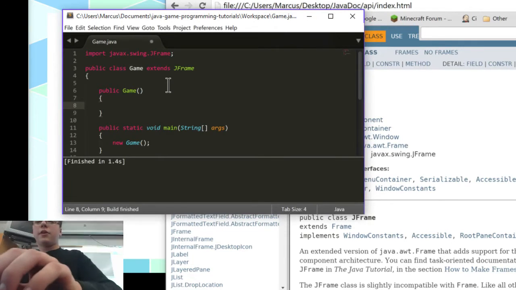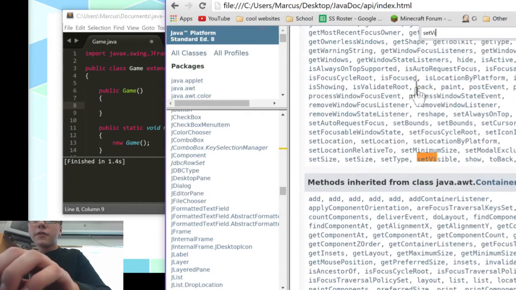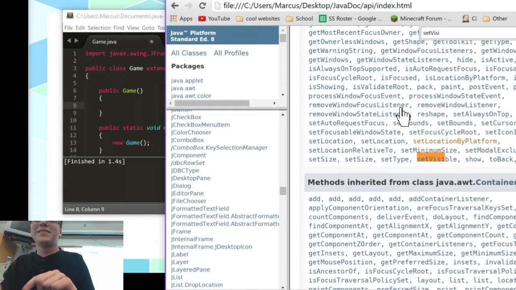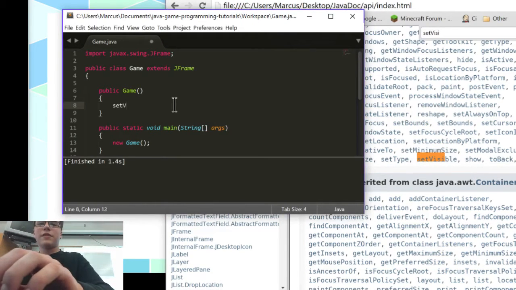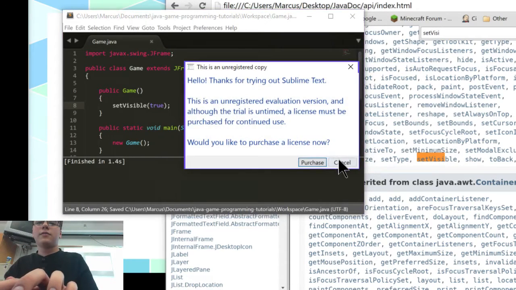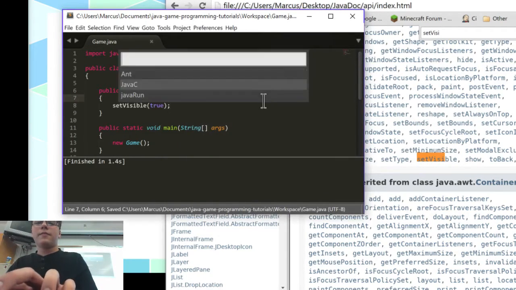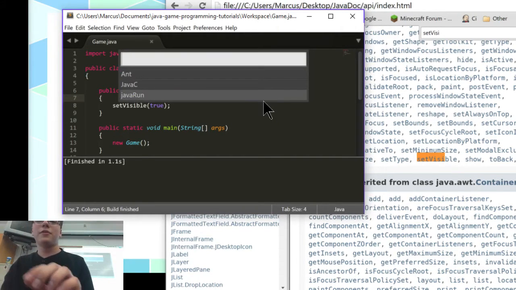Yep. I'm going to call a method that's within JFrame. I think if I search it, setVisible. Let me turn my sound off. setVisible, yeah, it's down here. See how many methods there are? It's ridiculous. So we're going to go ahead and do setVisible(true). This is just something that you kind of need to know. It just works. I can't really explain the whole library.